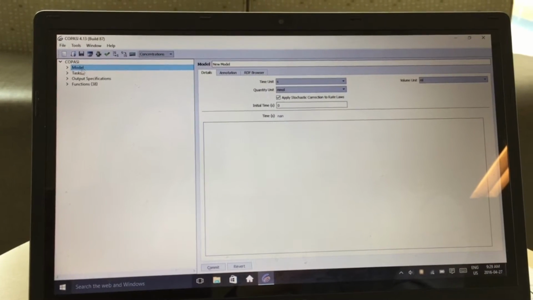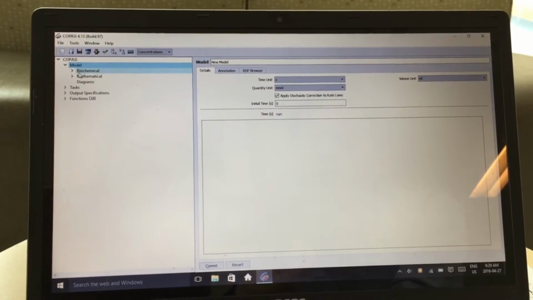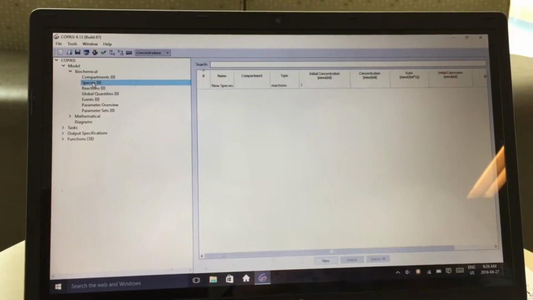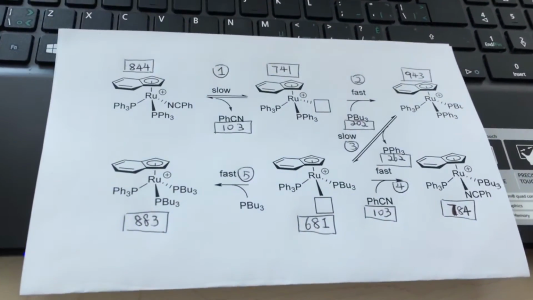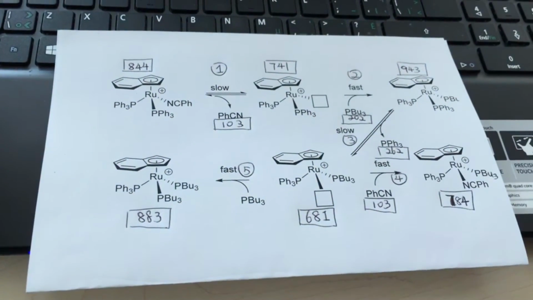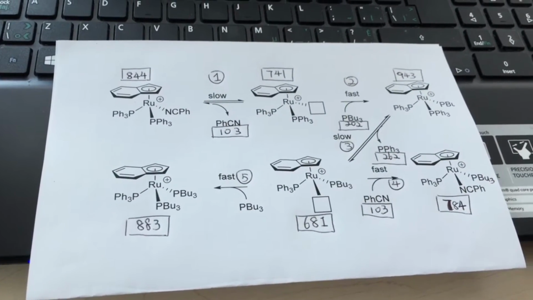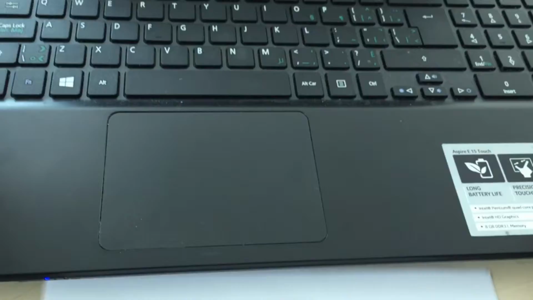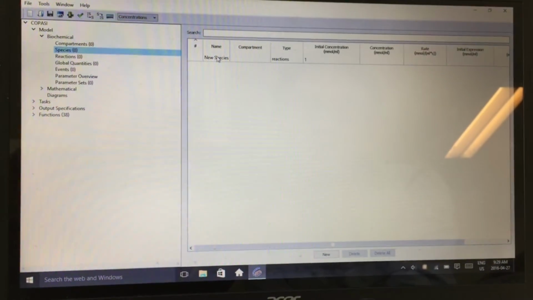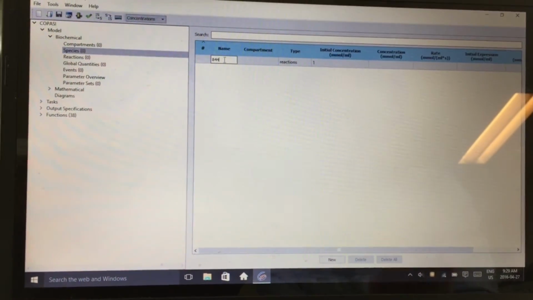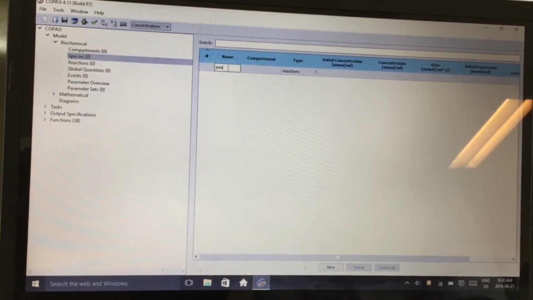Firstly, you need to build a model yourself. Just in the biochemical subsection, you need to input all the species in your mechanism. Usually I name all the species in my mechanism using their molecular weight, so it's easy for me to remember because I use it in mass spec. You need to double click each species so you can name it. For example, our first species is